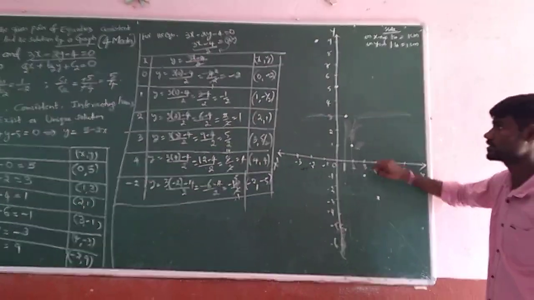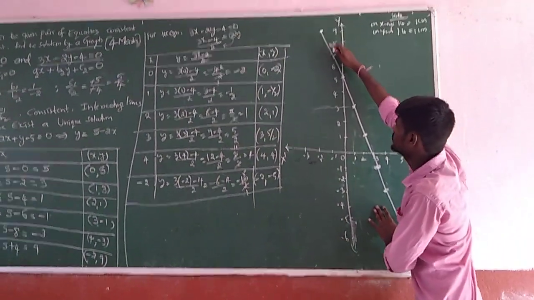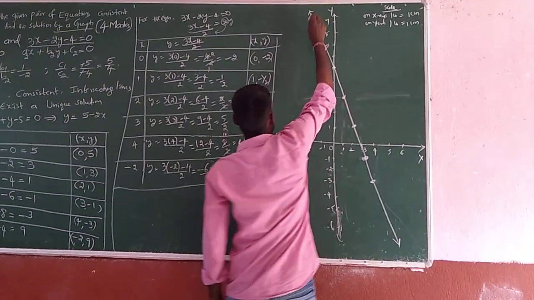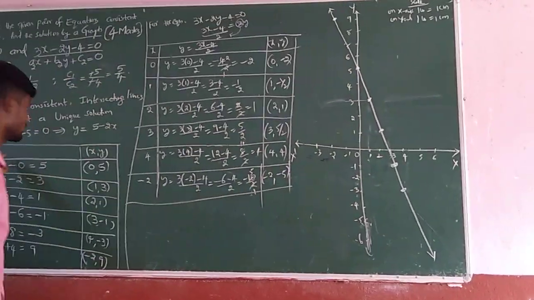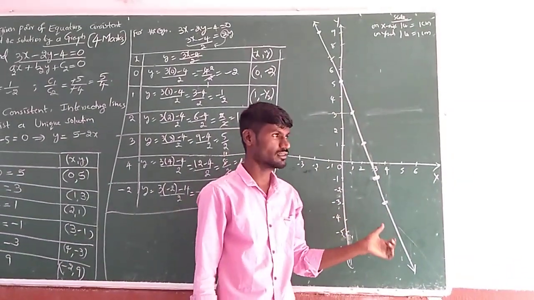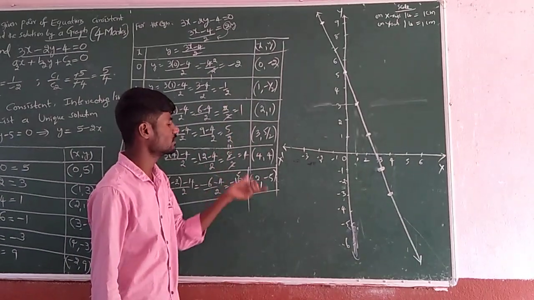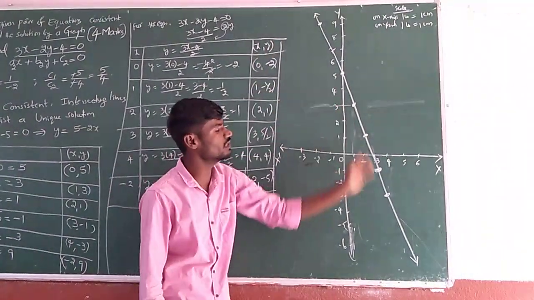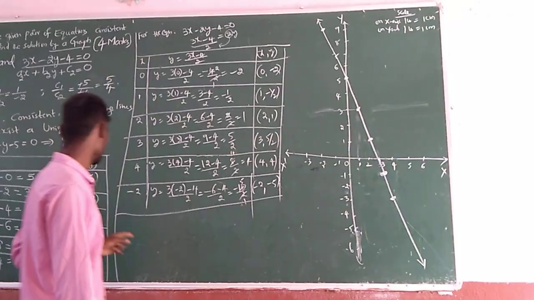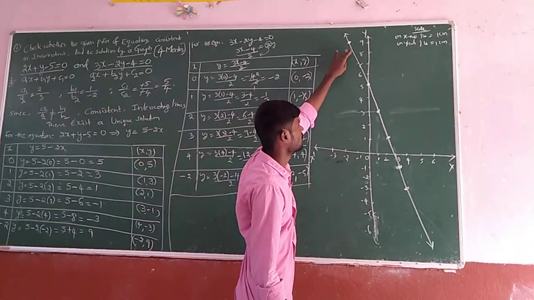So let us see how we can join. If I join all these with the help of a scale, we will get a straight line. After locating the points for the first table, meaning the first equation, immediately join them. Don't leave the points without joining them. Some students join the first and second tabular values after locating the second table, and in that case they may get confused. That's why, after locating the points of the first table, immediately join them and name that equation, either at the top or below.